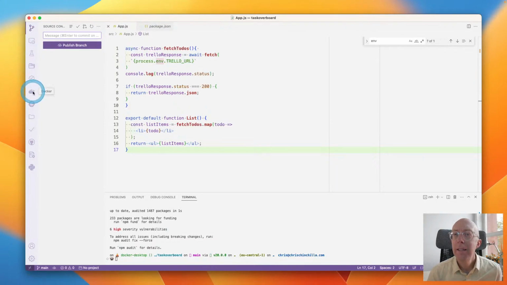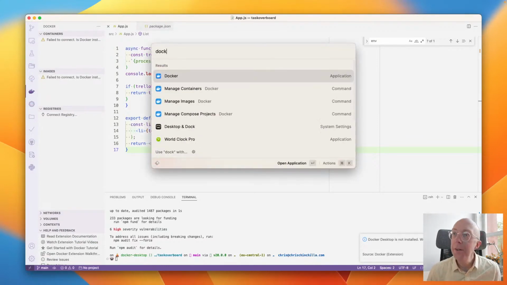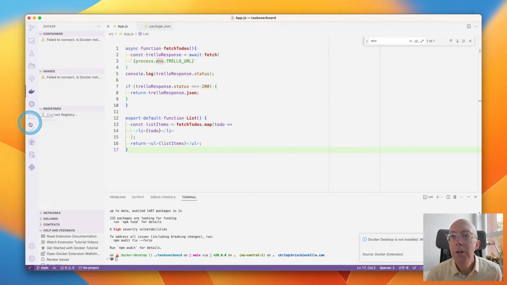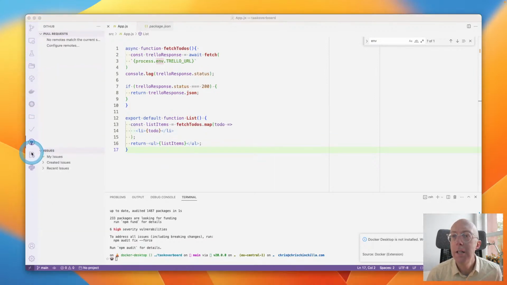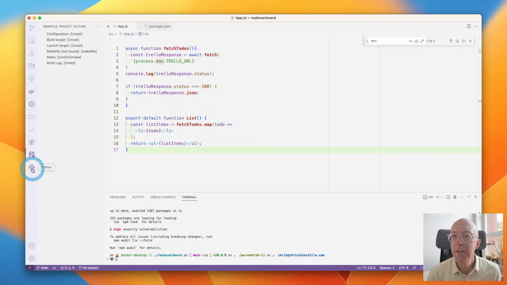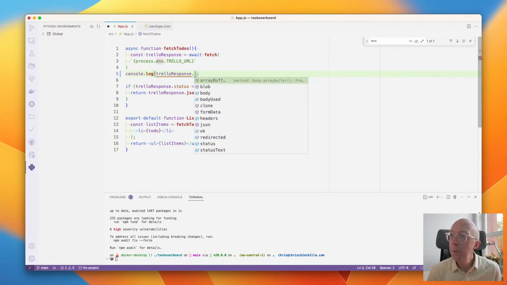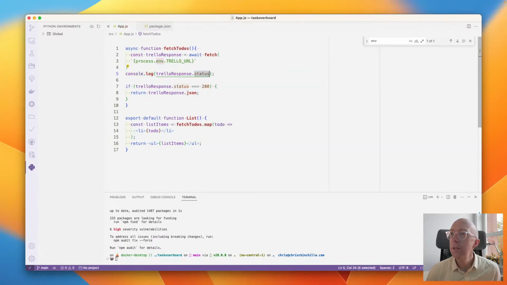If we were to run in containers, we have, I mean, it's not actually running, but Docker, Kubernetes, connection to GitHub, and that seems to be where things have gone wrong. I seem to have lost the remote somehow. I'll fix that later. A bunch of other extensions here, there, and everywhere. This should show us what types they are, and of course give us autocomplete on various methods, etc. Sort of what you'd expect, really.